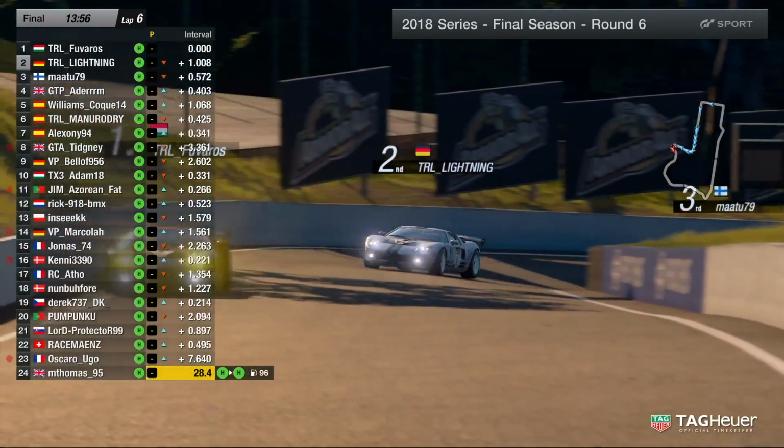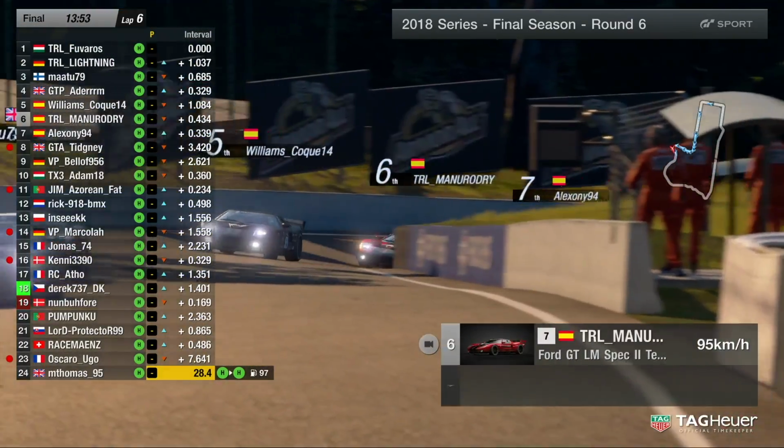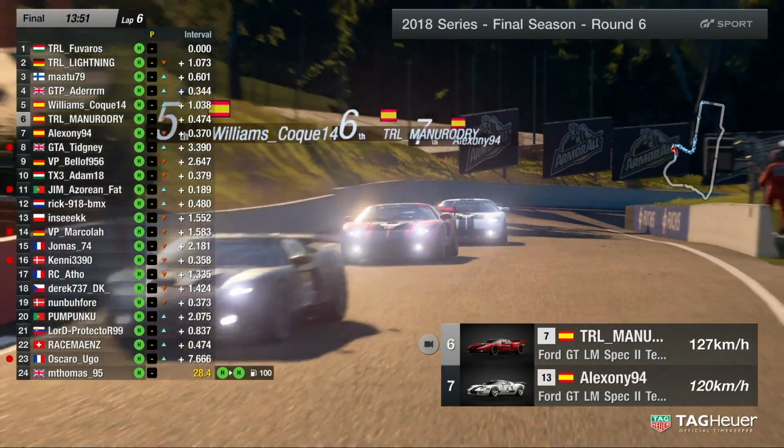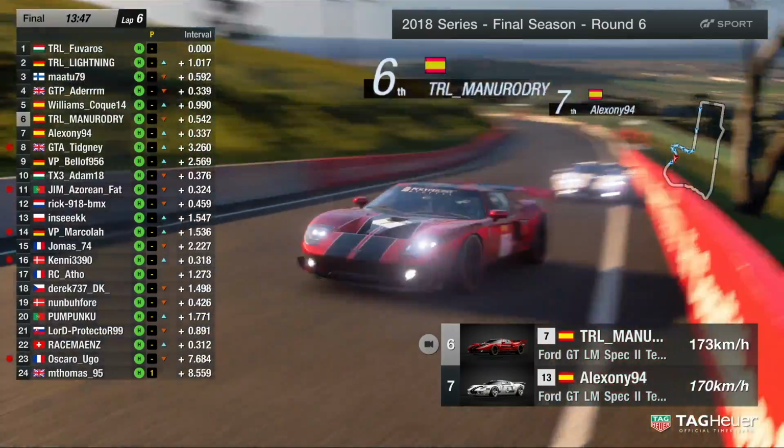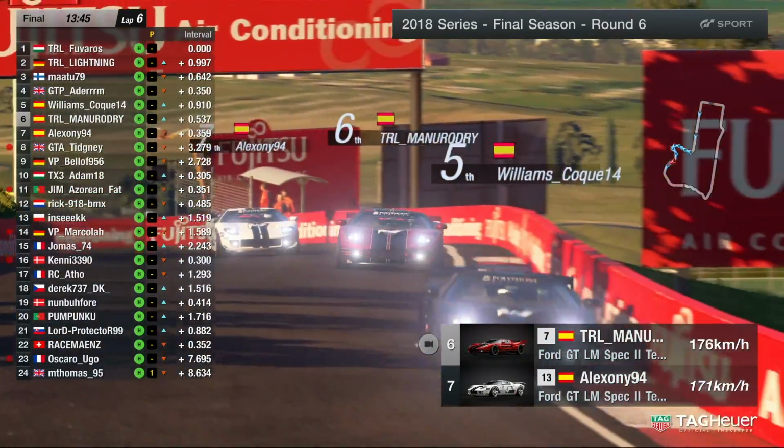I think M. Thomas has come right. My race is already not going too well. Let's take a gamble. Let's come in early. Let's try and get some clean laps in and see if I can move up the field that way. But then looking at the likes of Matu, of Adam, of Koke, is it...